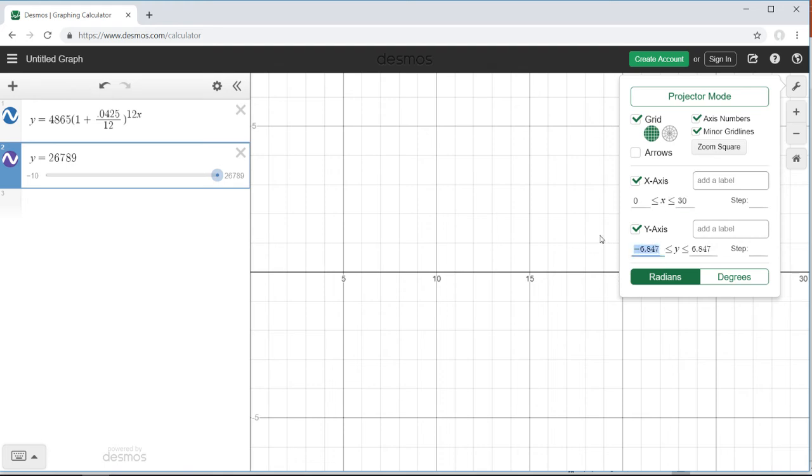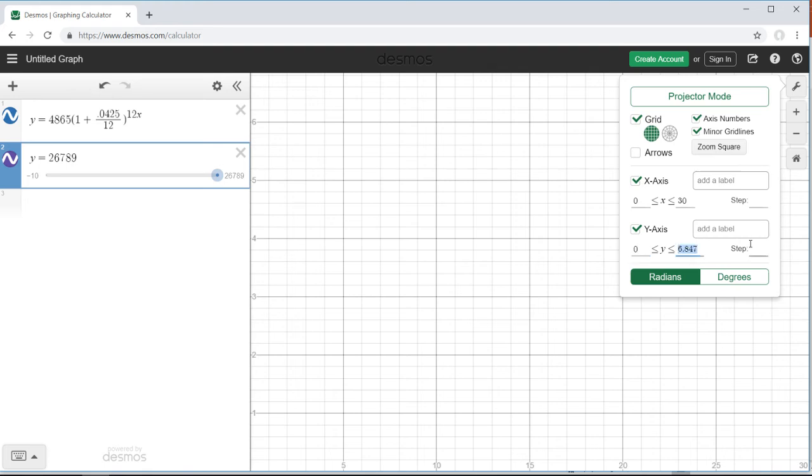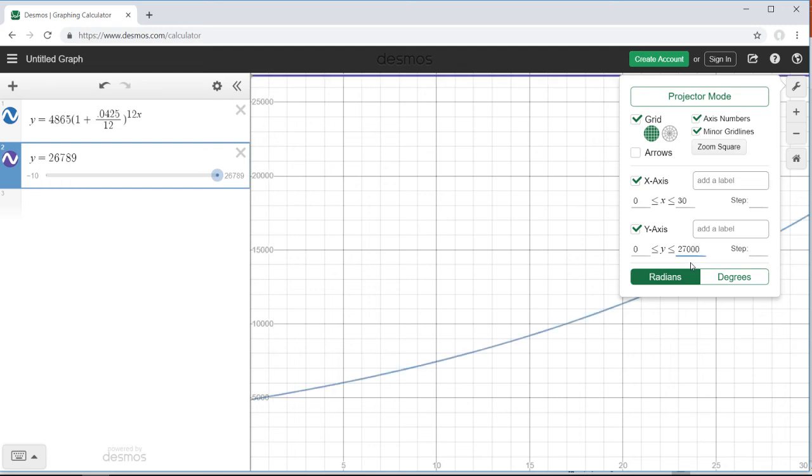On the y-axis, I'm going to put 0 to a little bit more than what my car costs. My car costs $26,789, so I'm going to put 27,000. Okay, and I have that, but it looks like my graph,